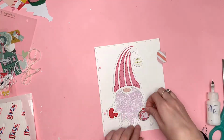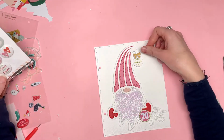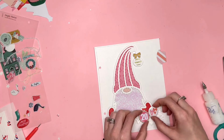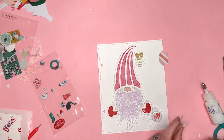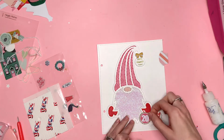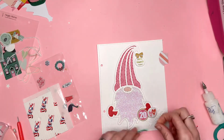Okay, so he's just going to sit there. I've got my number. That's just a printed number that I've made digital and then cut out, print and cut, and then I've backed it in a circle of gold glitter. And then over to the right, well actually on the left hand page, which you can't see right now, page 19, that was a white on white layout, and so that will be up tomorrow, but I